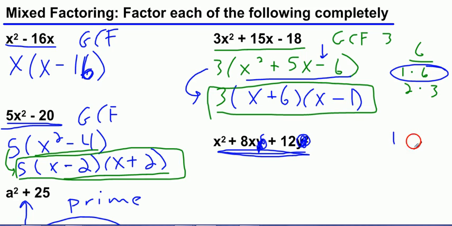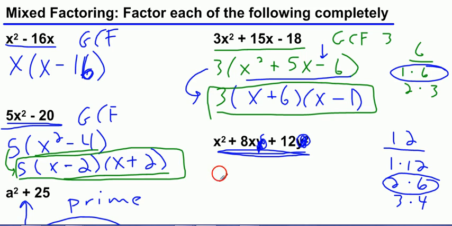But again, over here, you're looking at 12, a trinomial: 1 times 12, 2 times 6, 3 times 4. And you're going to focus on the 2 times 6 that makes 8. So if the y's weren't there, we would just say x plus 6, x plus 2. I realize I said 2 and 6, but the order doesn't matter. The reality is, however, that the y's are there. So how are we going to deal with that? Well, it's actually not that